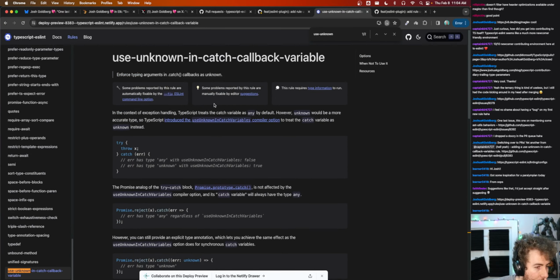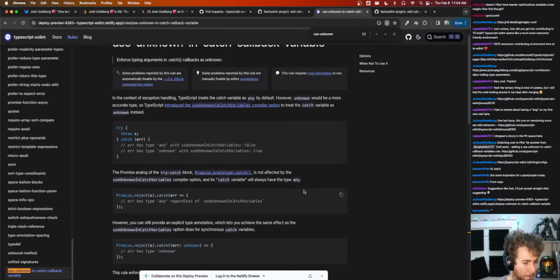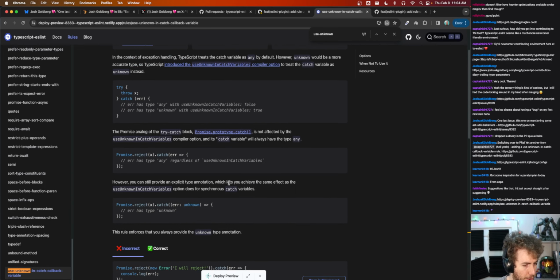Cool. So in the context of exception handling, TypeScript treats catch variable type introduce this thing. Promise dot catch is not affected. Cool. These are good docs. Yeah, this is helpful. This is useful information. Relevant, pertinent. Love it. The one change I'm thinking of in my mind is